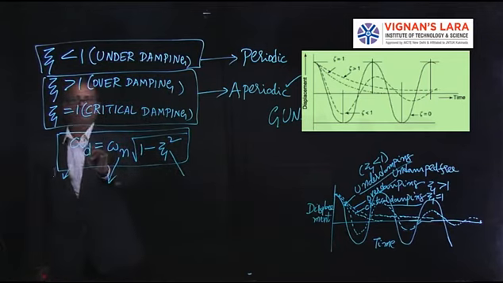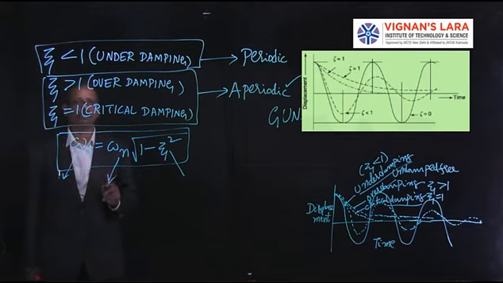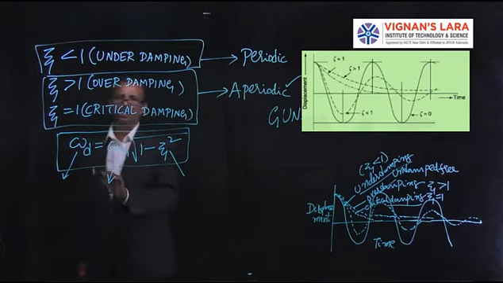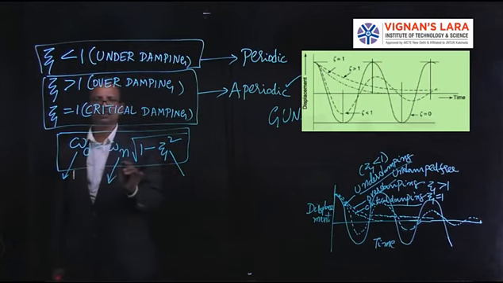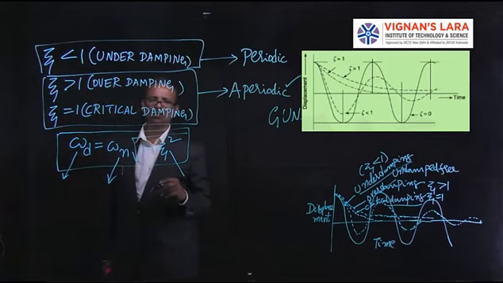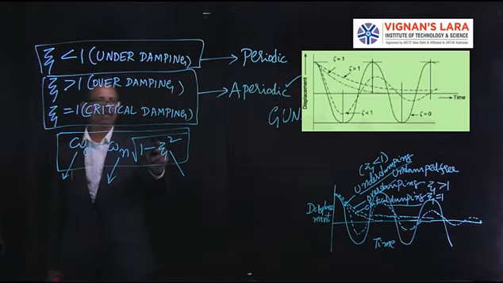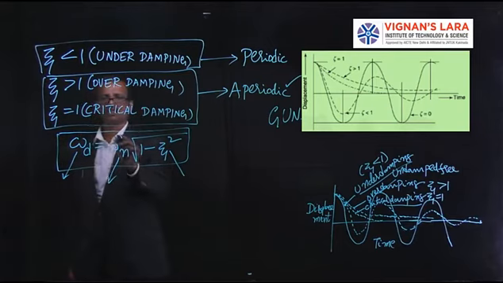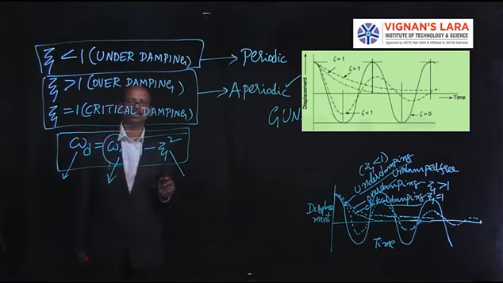Damped frequency, that means which one is it, under damped, over damped or critical damped? Damped frequency means definitely it is under damped, because in over damped and critically damped there are no oscillations, so you don't get the number of cycles. That is equal to omega n into root over 1 minus zeta square. So if you change the value of zeta, then the damped frequency will change, because the natural frequency is a fixed value. So the only variable is zeta. Omega d is equal to omega n into root over 1 minus zeta square, isn't it?